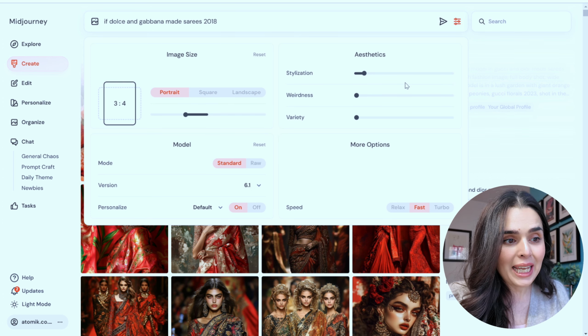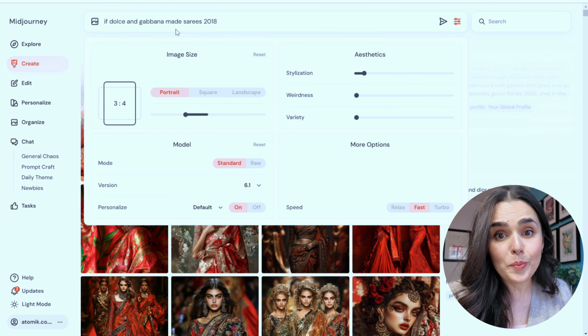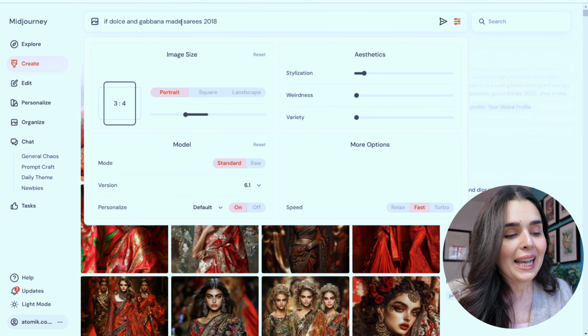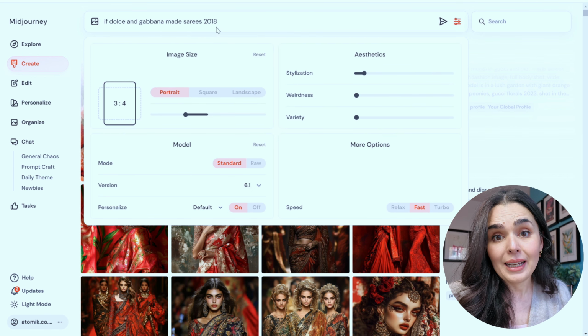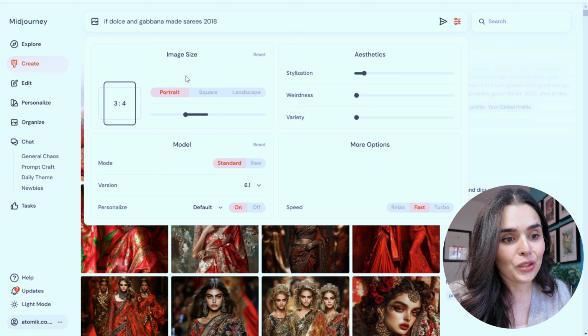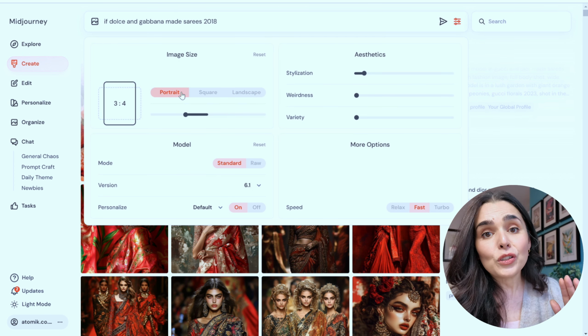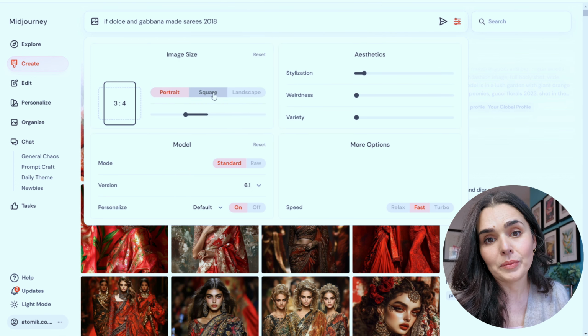Now you have your text prompt itself, and you can start off super simple, like if Dolce & Gabbana made saris. You can specify your aspect ratio here. You can say portrait, landscape, or square. If you don't put anything into your prompt or pick out of these parameters, the default setting is to create